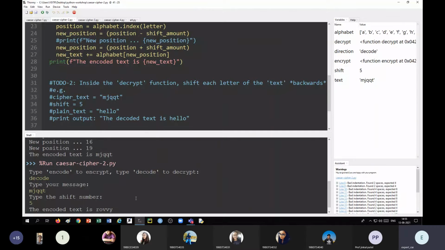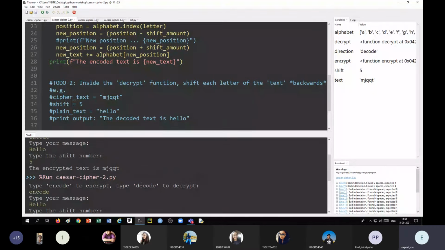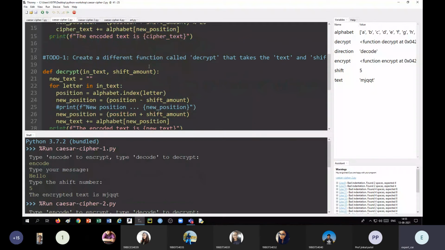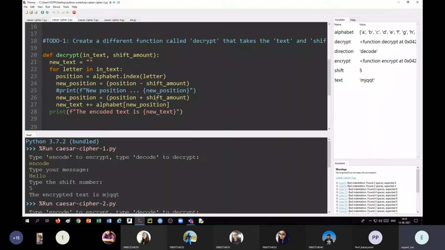Okay, so let us check. Decrypt in text shift amount. New text for letter in text. Position is equal to alphabet index letter, to position minus shift amount. Okay, that is correct also. New position is equal to, oh, I have written it 2 times. That is the problem.